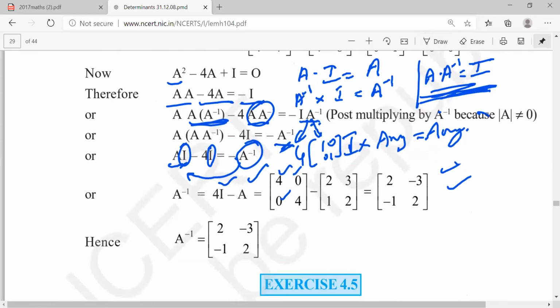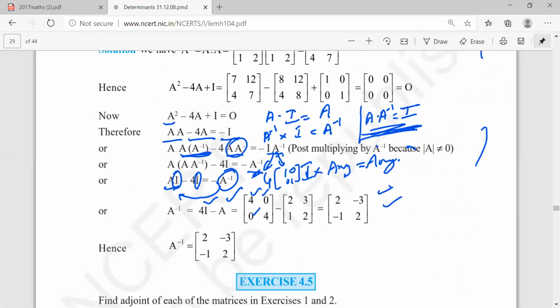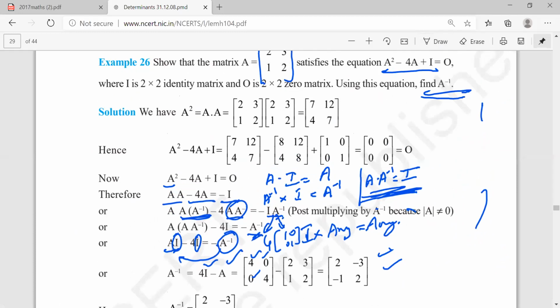Yes. So if you're clear, then I want everyone to try this question now. This is going to come for your board exam. Please do that, because the board exam is equally important as far as the entrance exams are concerned. And if you have doubts, call me on my mobile, on the WhatsApp number. I'm muting because I want everyone to do this question now. Do example number 26, the most important question in this. Please do that.